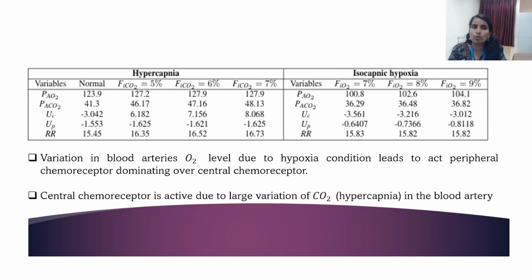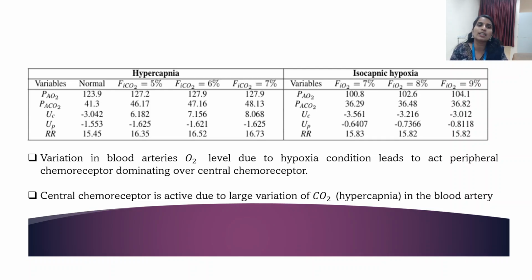And then we can also observe that here there is a central receptor and a peripheral receptor. The central and peripheral receptors are the chemoreflex control mechanism to control the blood oxygen and carbon dioxide level. The central receptor is the main receptor which is actually controlling the carbon dioxide level. So we can clearly observe that in the case of hypercapnia, the central receptor is performing. It is acting as the control mechanism and trying to maintain. But in the case of the peripheral receptor, it doesn't have much variation because oxygen variation is less compared to carbon dioxide